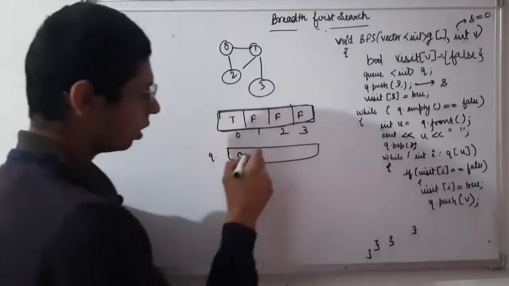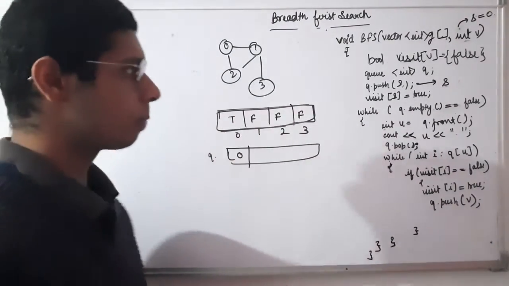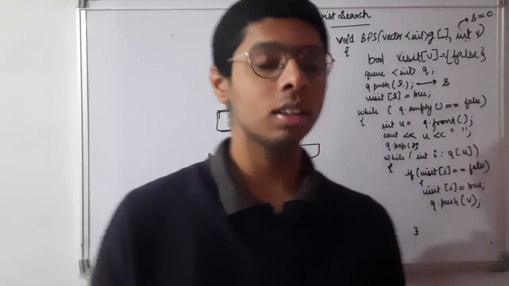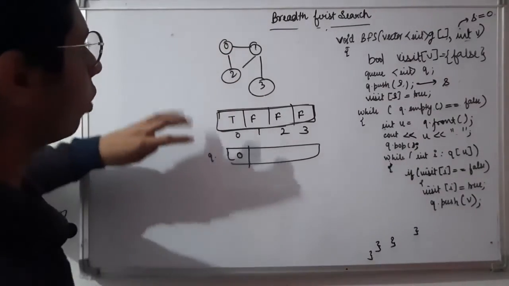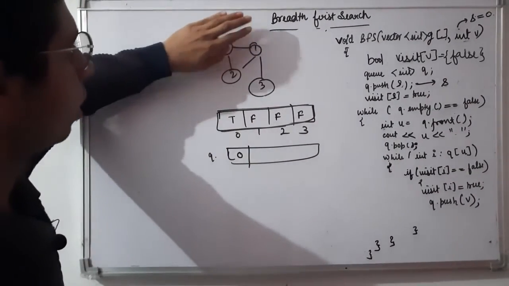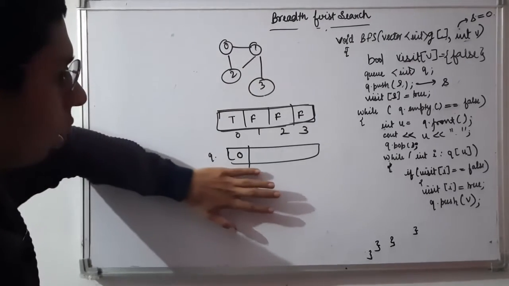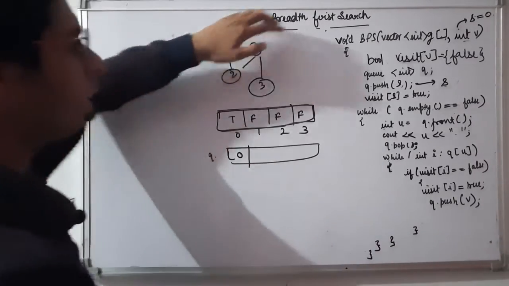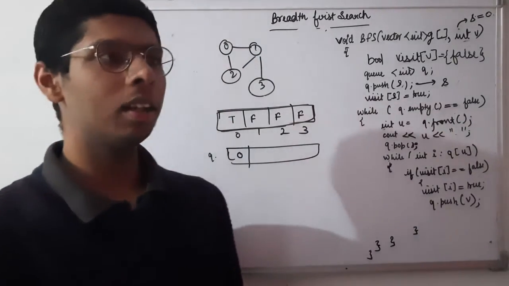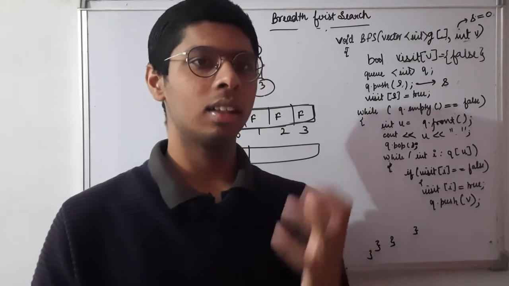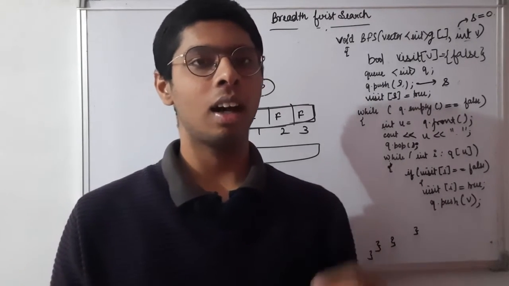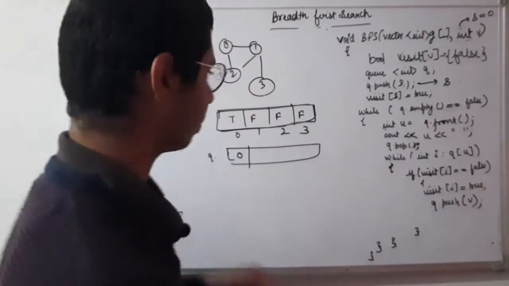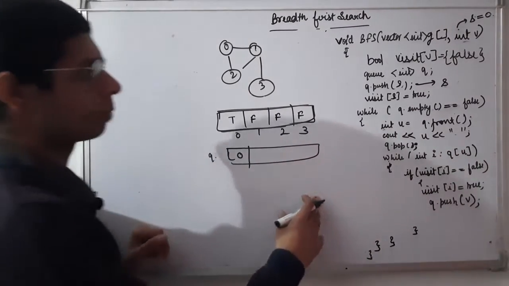After inserting 0 into our queue, we have to run this loop. This loop is the main important part. What we have to do is simply print the element that is in the queue, pop this element from the queue, and insert its adjacents. Then pop the adjacent, then insert its adjacents again. I think you are not getting it, so let's make it more clear.